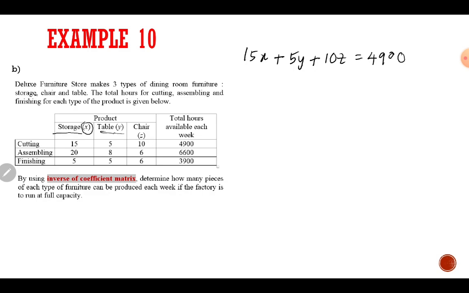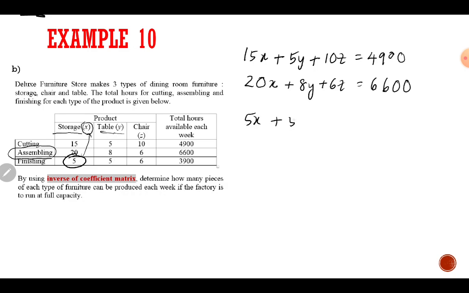Okay, adalah 4,900. Whereas untuk assembling pula, they can produce 20 storage, 20X plus 8 table, 8Y, and then 6Z, the time that they have. Okay, total hours is equal to 6,600. And finally, we have finishing. They are able to finish 5 storage, so 5X plus 5 table, so 5Y, and then 6 chair, 6Z is equal to